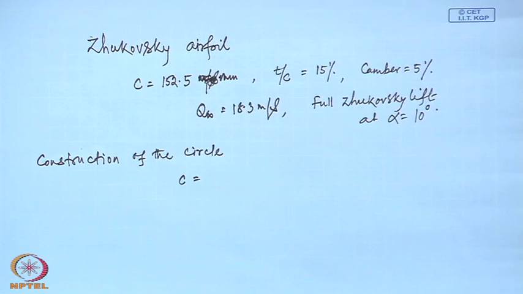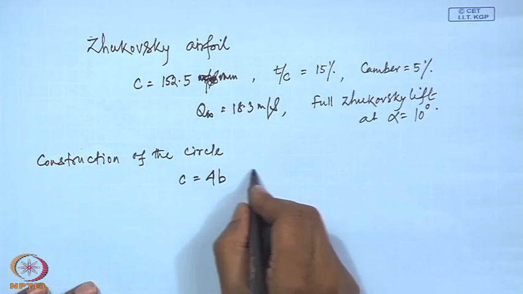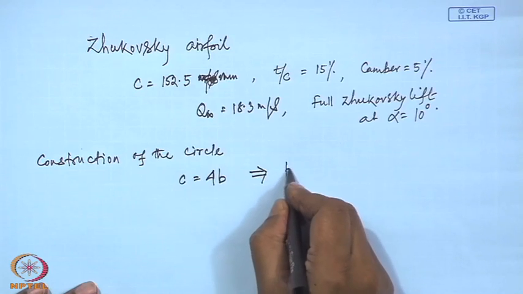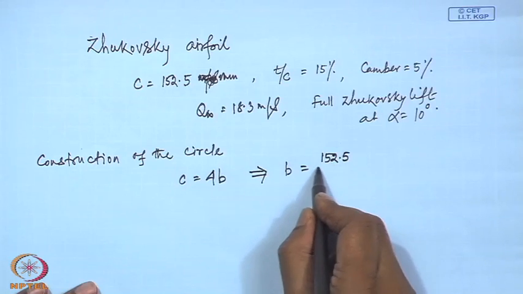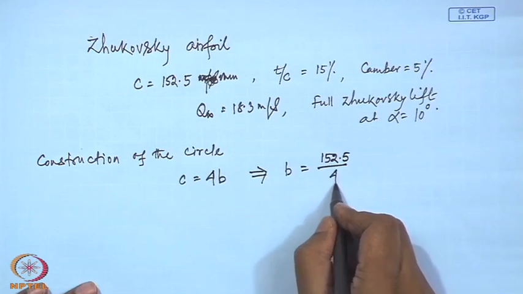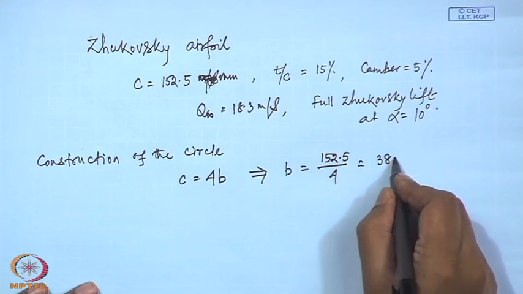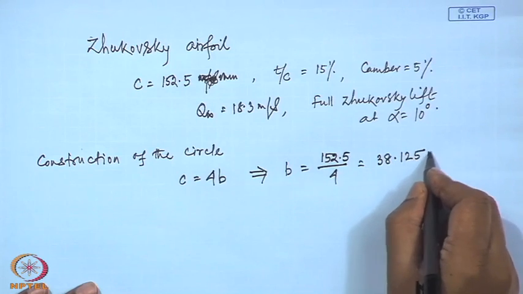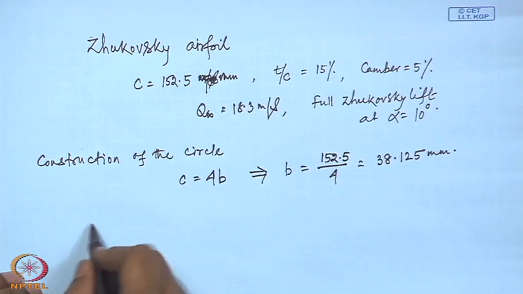Chord is approximately 4b, where b is the parameter in the transformation, Joukowski's transformation. So, chord is 4b. So, that gives b to be... and the Joukowski's transformation becomes